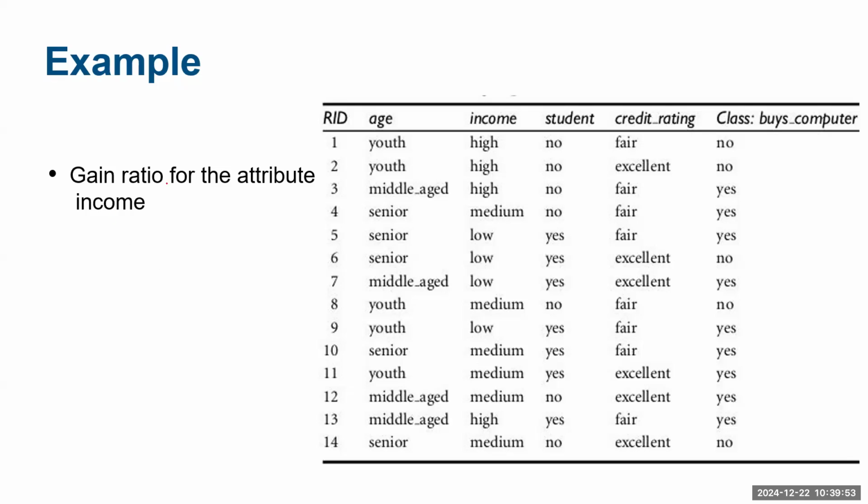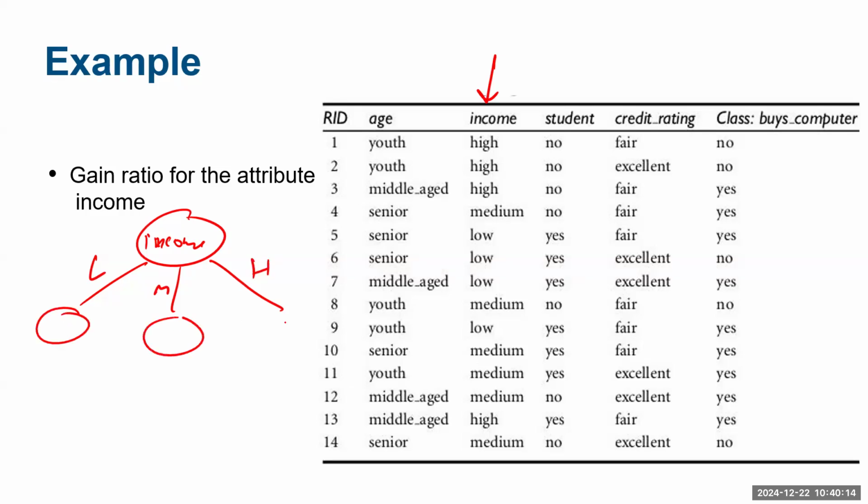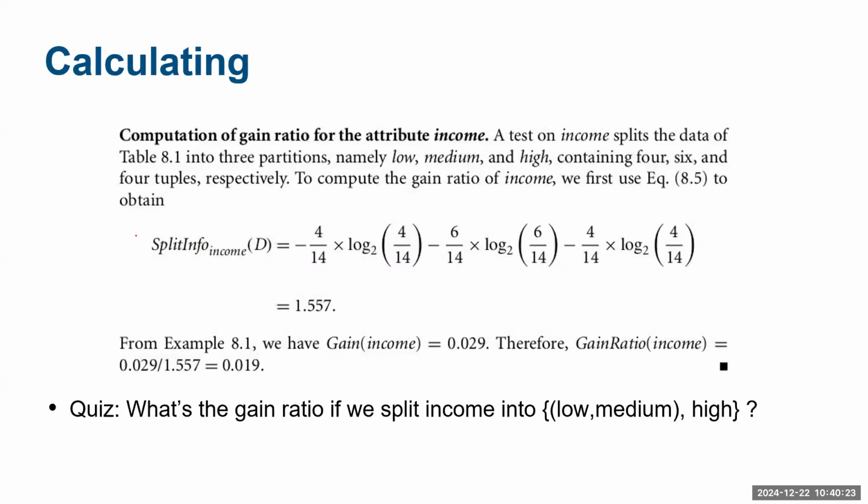So let's say I want to use income as a split. Basically I have income, and then there are 3 splits: low, medium, high. And this becomes the 3 sets. When I calculate the split info,